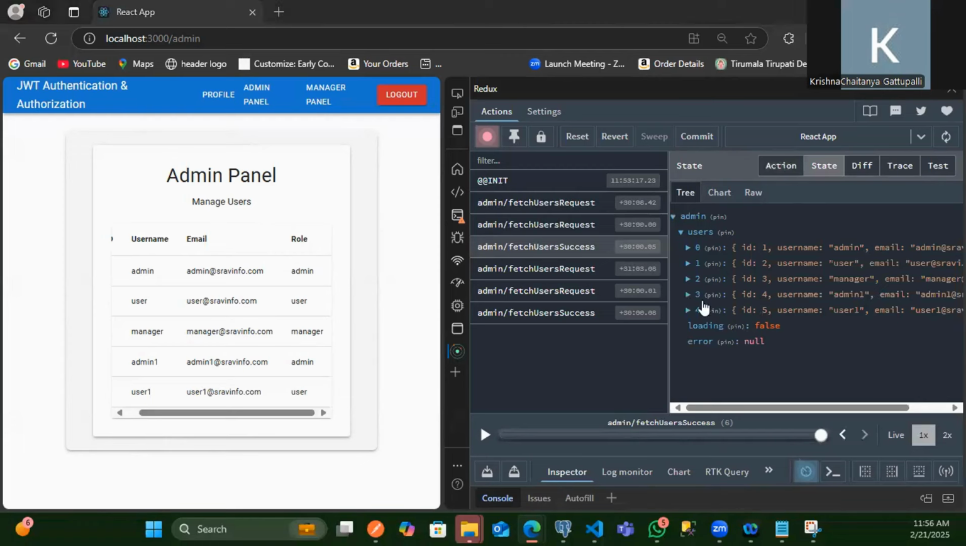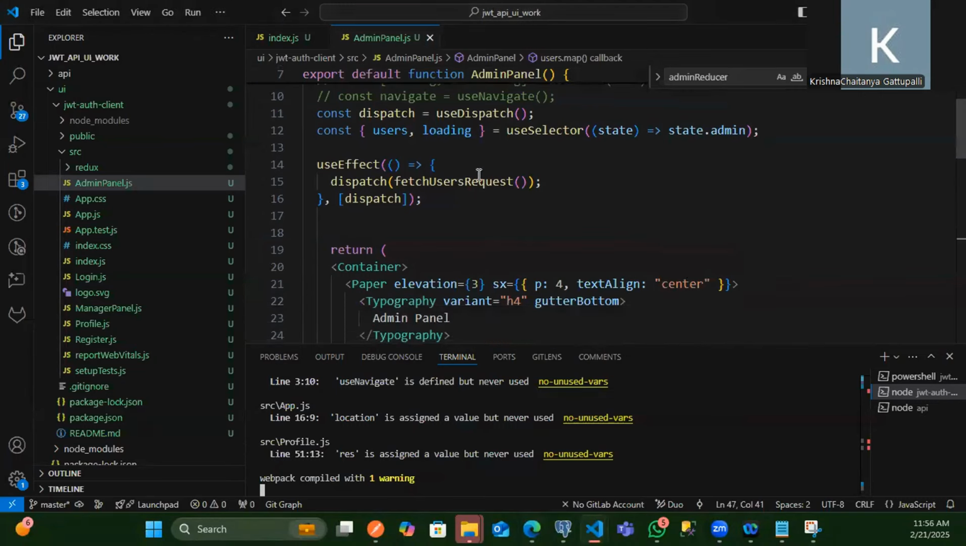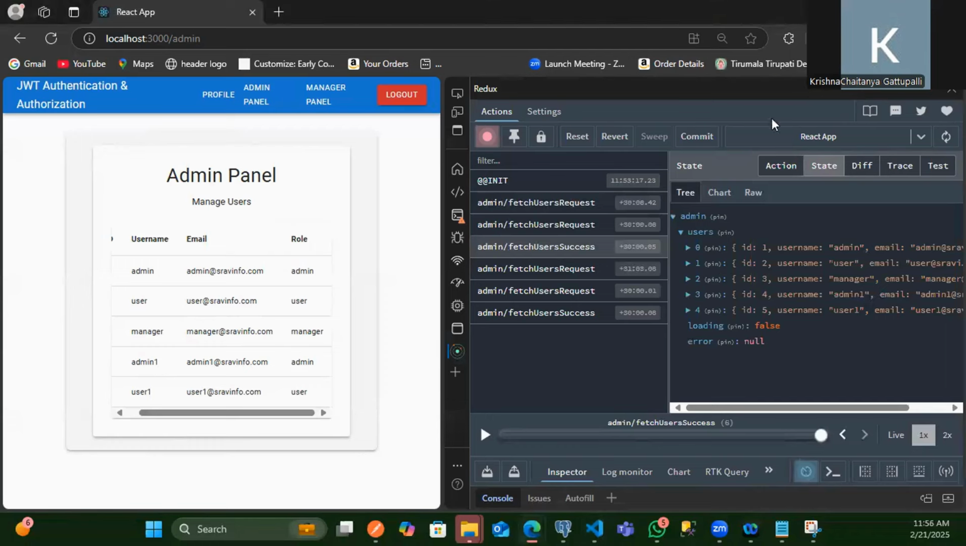Okay, so let me show you here. So here we have users under the state of admin. That's how, under the state of admin, we have the users where we got the data. So that is all about the implementation of this Redux toolkit along with the admin panel. So this is a replacement of the